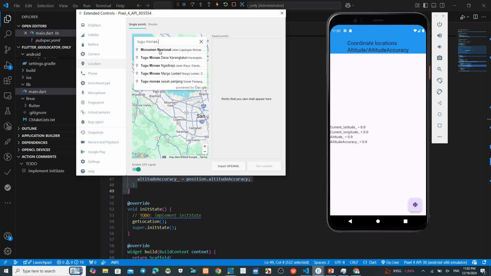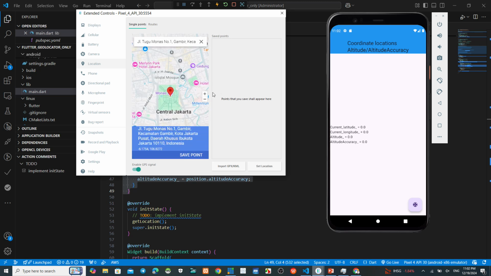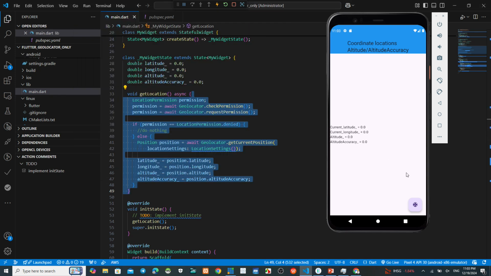Okay, click this one. Okay, this is Tugu Monas, Jakarta. And then you set point, click here. Okay, now we have the latitude and longitude.